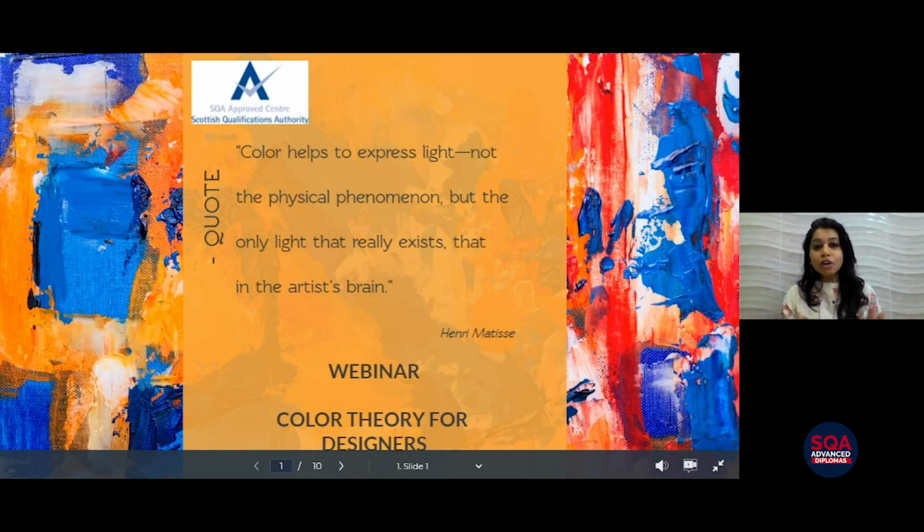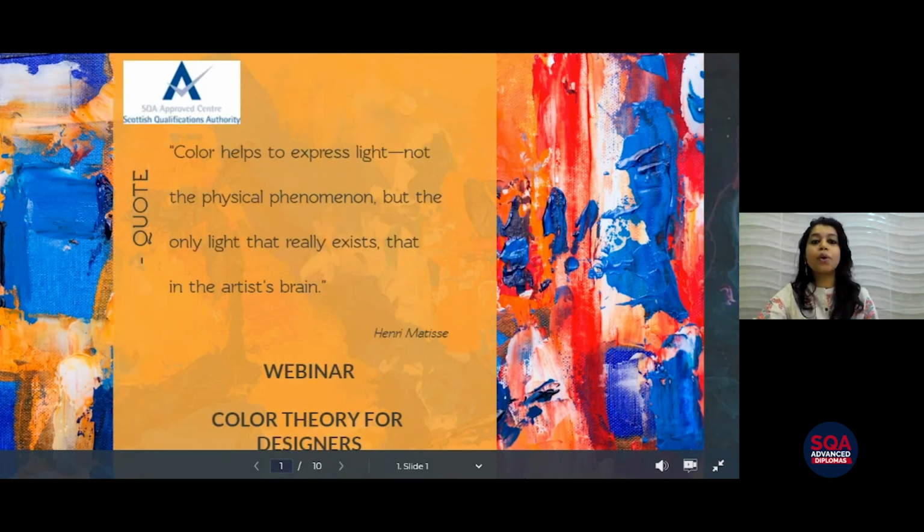All the objects that we see around us reflect light in different combinations of wavelengths. These wavelengths are picked up by our brains, and then we see the phenomenon that we call color.